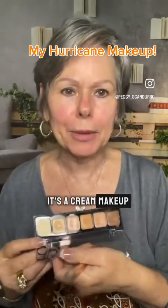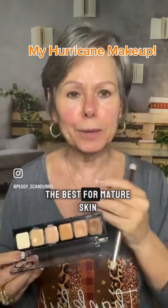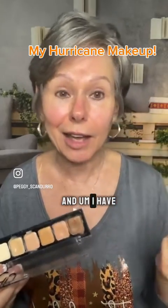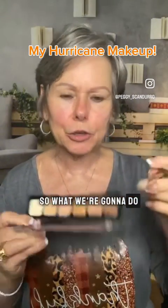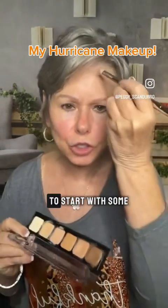It's a cream makeup, and you guys know I love cream. I think cream is the best for mature skin. I'm 68, so again, I have mature skin. It is what it is, but I'm still here, so that's the positive. So what we're going to do, this is the medium to dark palette, and I'm just going to start with